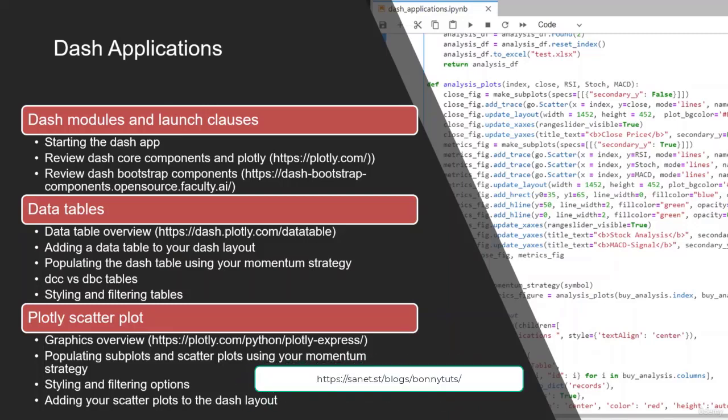Let's jump into the basics of Dash applications. With our Dash applications, we're going to be focusing on three unique areas, and we're actually going to break these into three individual video segments with examples. It's not a lot of code, but I want the users to understand each of these sections and what we're